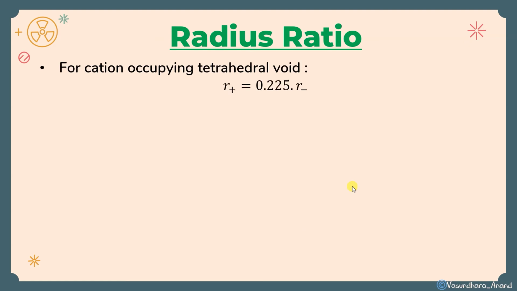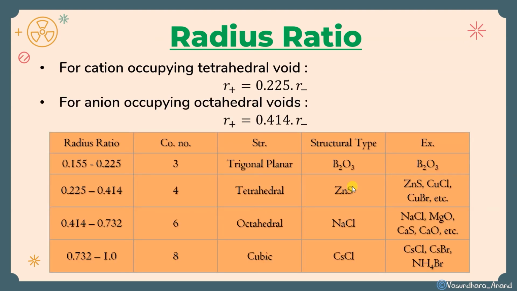So radius ratio is equal to cation upon anion. And this is the table you are supposed to learn. Radius of cation should be equal to 0.225 into radius of anion. Or you can write this way also. Radius of cation is equal to, right now we have derived the formula. This way also you can write. Got it? Capital R means it is the radius of anion. Similarly, in this case also you can write it, and instead of this you can write capital R. Clear? And this is the thing you are supposed to learn.